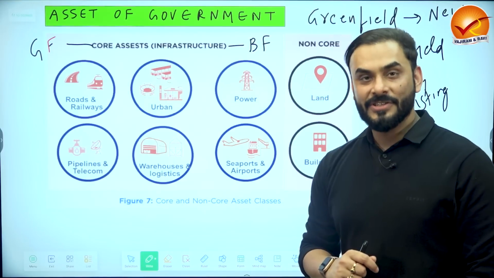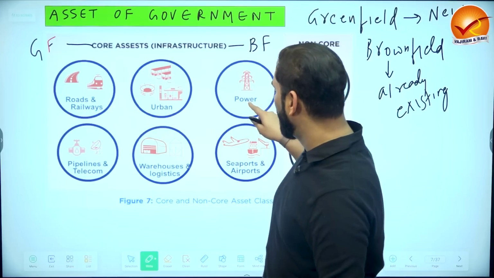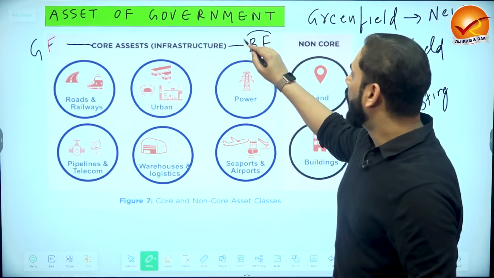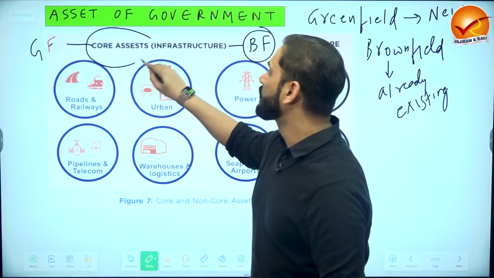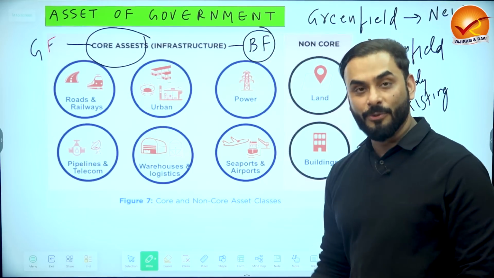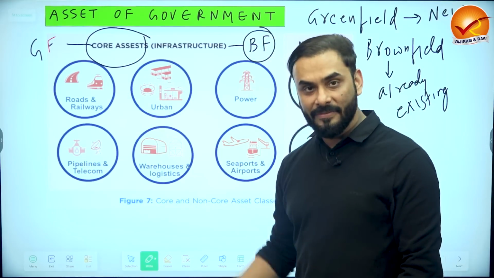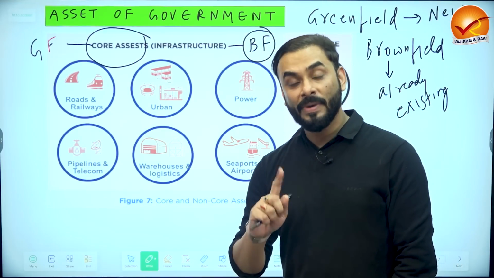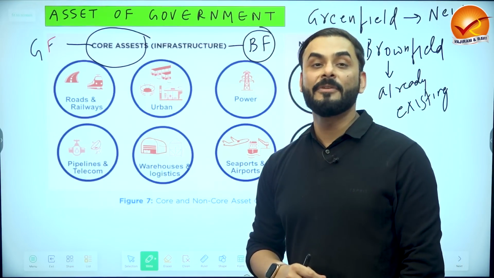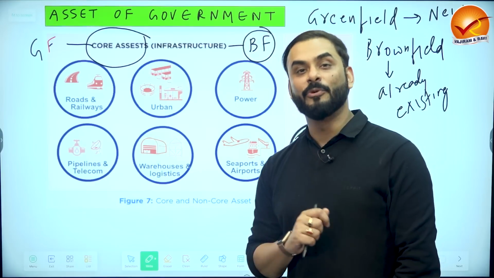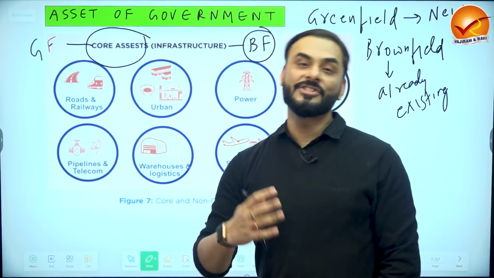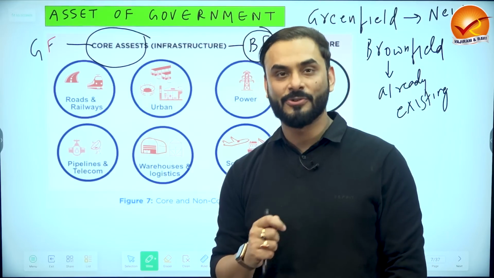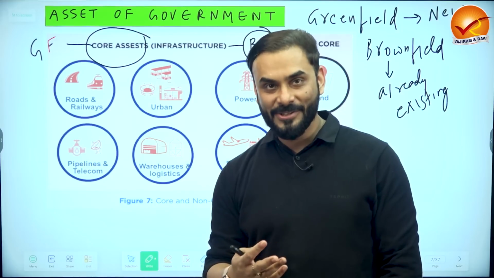Now, Government of India says that if they have road, railway, seaport, airport, etc., government is going to pick Brownfield core assets, which means out of this list of core assets, government will pick anything it feels like, but it should be Brownfield, which means not anything new, but existing. For example, government might pick up an existing road or existing airport, right? So whenever you have an existing road or airport, do you think that they will be in perfect condition or there will be some damage also because of regular use? There are some damages also, right?